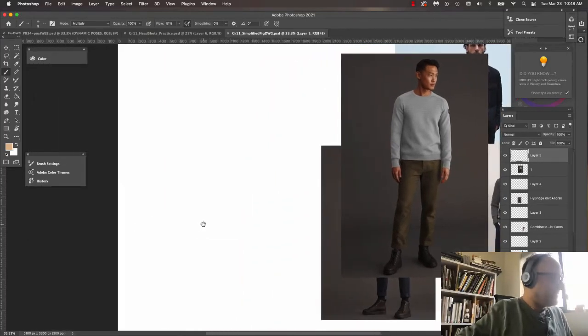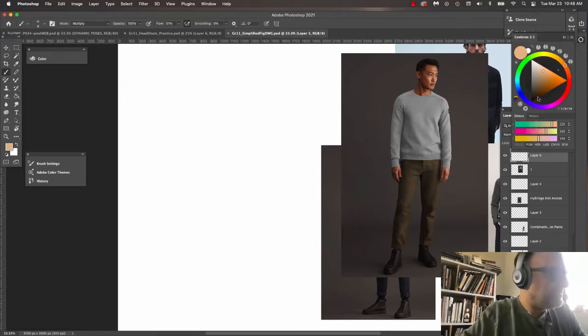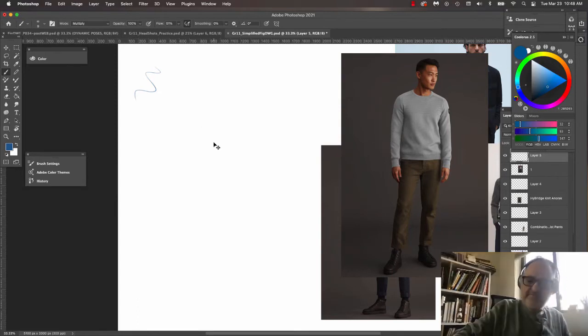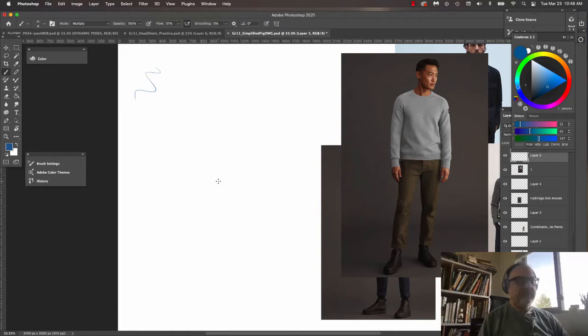Okay, so let's see. I've got my brush on. I have pencil. Let's change the color here. Let's go with something else here. Okay, some kind of a blue. All right, maybe even bigger. I haven't warmed up today, but I've been drawing in my sketchbook, but not digitally. Okay, looking at this character right now, and the simple thing to do is looking at this, and I could